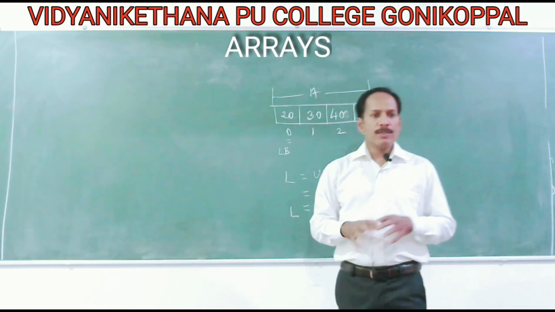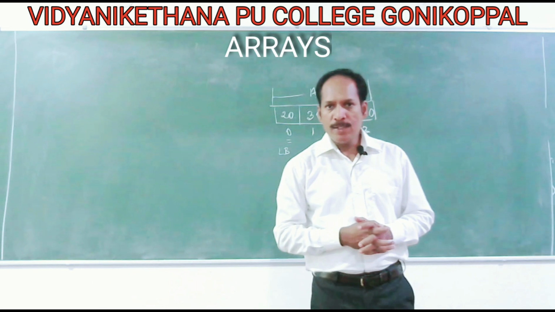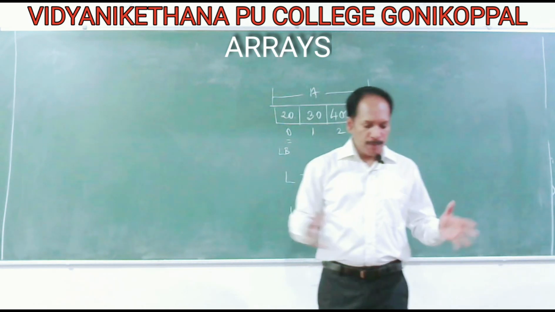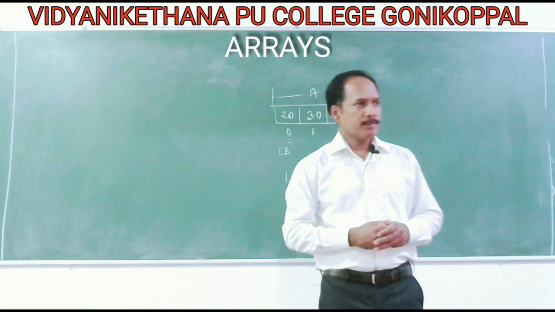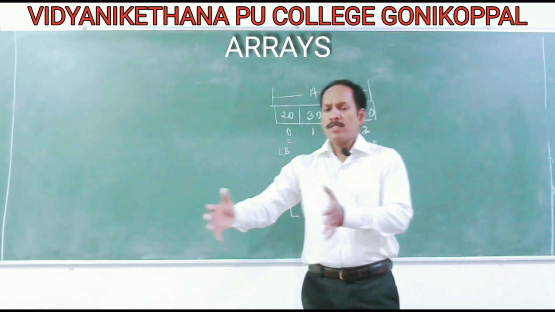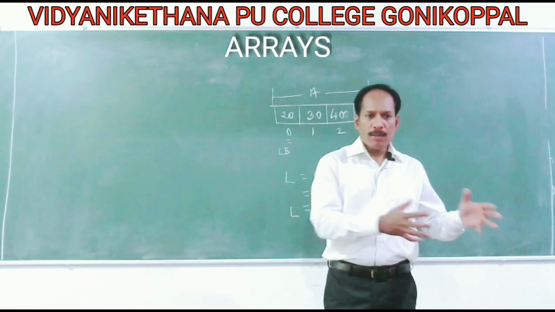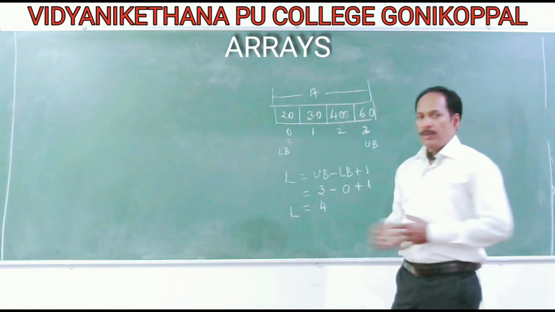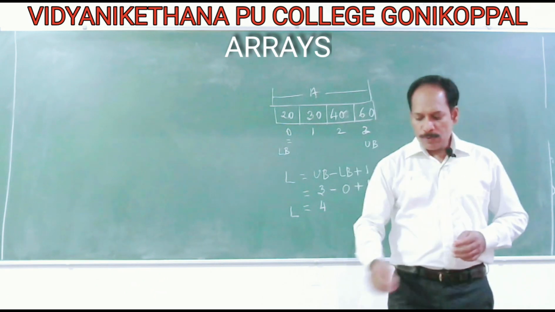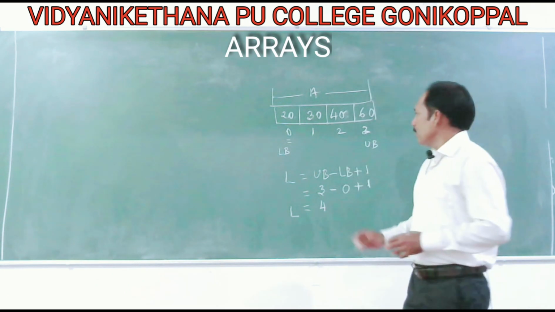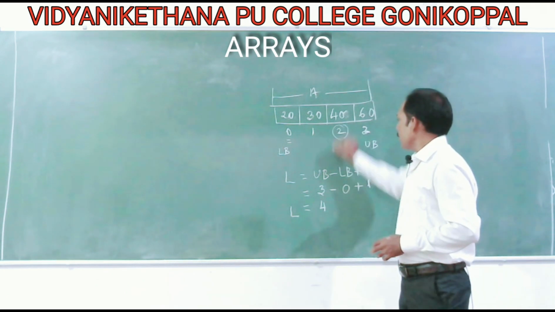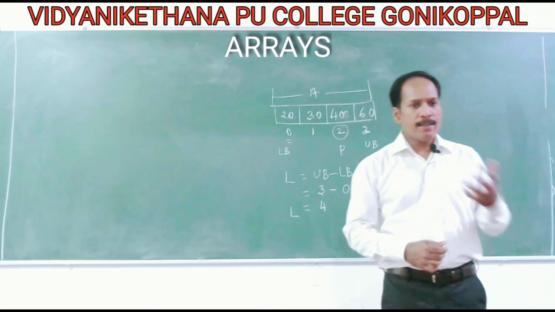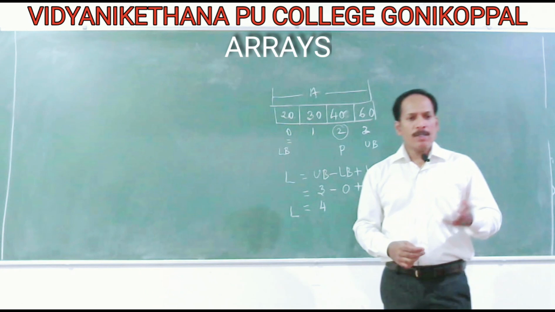Now let us think of the representation of a one dimension array. Already I have told you arrays are stored in consecutive memory locations, one after the other. We have a sequence of similar type of elements stored one after the other like this. So suppose we want to find the element at some point P, where it is stored. How do you get the address of some element?